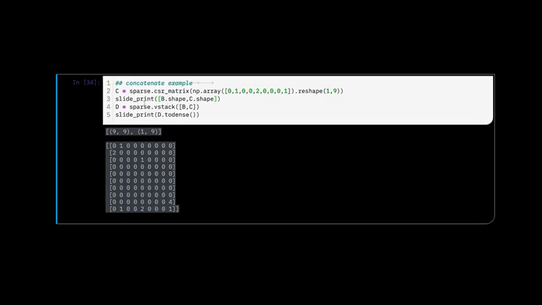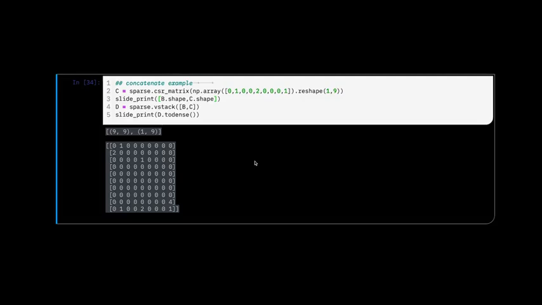And then we take the matrices B and C, the matrix B we created earlier, and this new matrix C, which we would consider a new entry to that matrix, and use the sparse vstack function to stack those matrices together into a new matrix D, and then we print the new matrix D as a dense matrix. So here you have the old matrix that we created previously, matrix B, and then the new matrix added here on the bottom